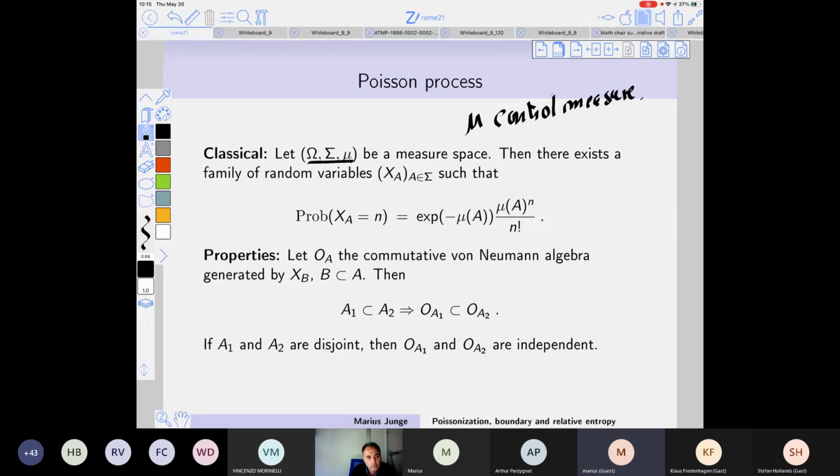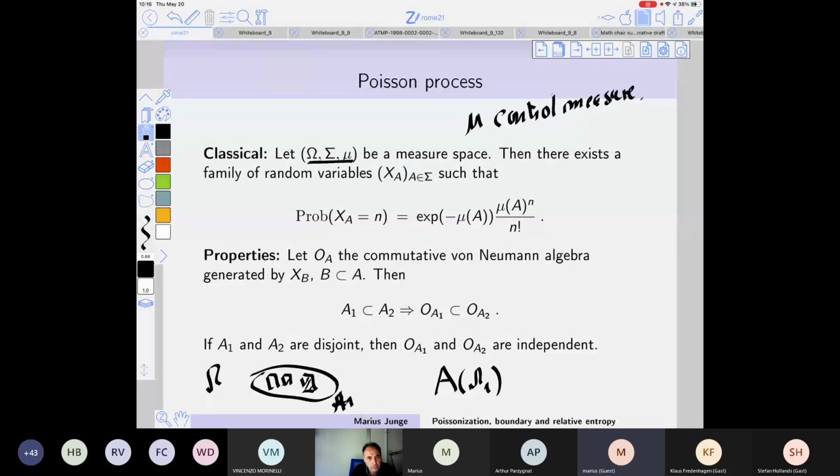And then, of course, it has these properties abstractly. If you take certain regions, here's your omega, you have one region. If you take all the characteristic functions which live in here, and then you look at the algebra A of omega 1 of all these random variables indexed by these different sets contained in here, then if omega 1 is contained in omega 2, the algebras are contained in each other simply because you have more random variables. And simultaneously, if they are disjoint, then these algebras become independent.